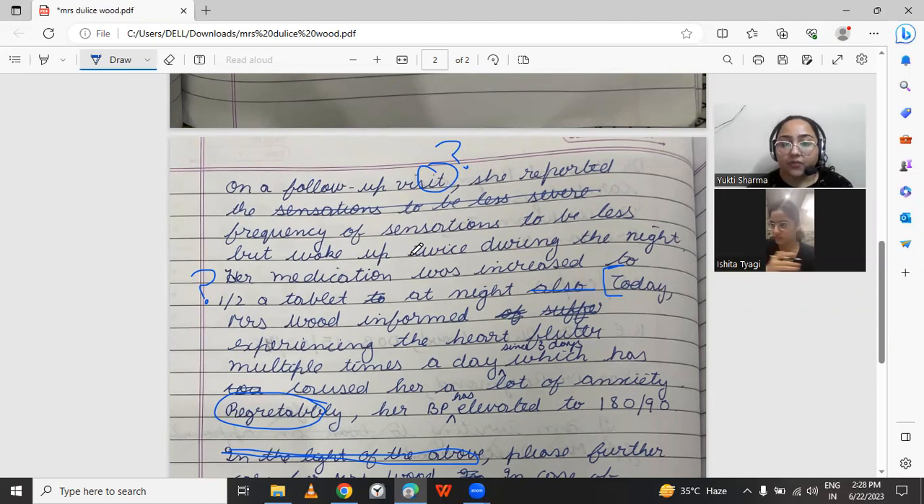She reported frequency of sensations to be less, but woke up twice during the night. Now you have written her medicine was increased to half a tablet. This information is correct, but why did you increase it by half a tablet? Because she woke up during the night. She was not completely well. And the blood pressure, suppose